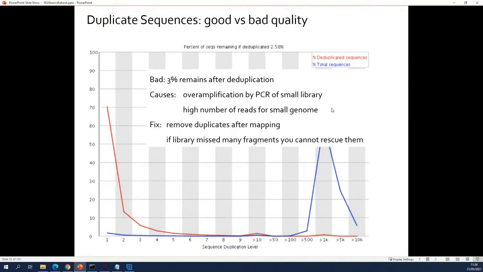Or in the case of very simple organisms, when you have a very small genome, you need to get enough fragments to have enough data. Again, you're going to do a lot of PCR amplification. So for very small genomes, you might also see this. So if it's a ChIP sample or a very simple organism, you can still go on with the data. You just remove the duplicates and you go on with the data. However, if it's not a ChIP sample or a very simple organism, you really have an issue here. And you have to ask your sequence provider what's wrong.